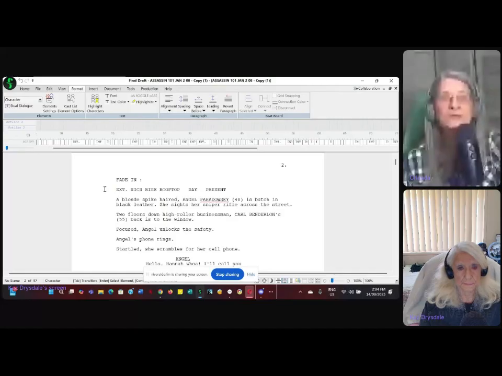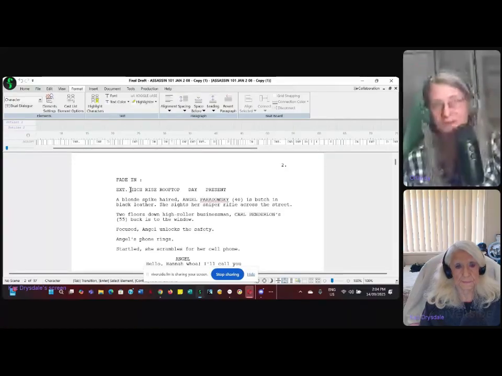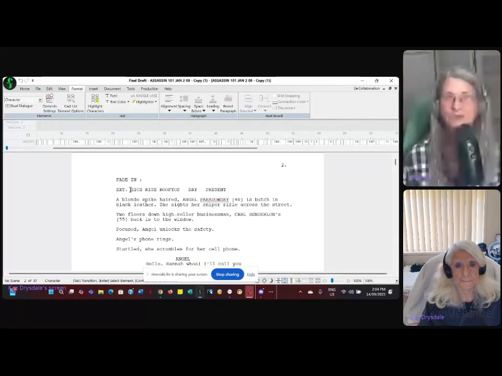All right, so the second component is your physical location, whether it's a house, a street, in this case, a rooftop, literally anywhere. It could be in the middle of the ocean, it could be in a tunnel, it could be anywhere, right? And then we need to know what time of day or night it is.